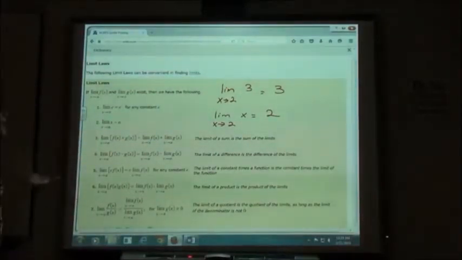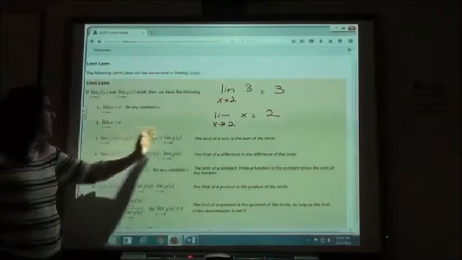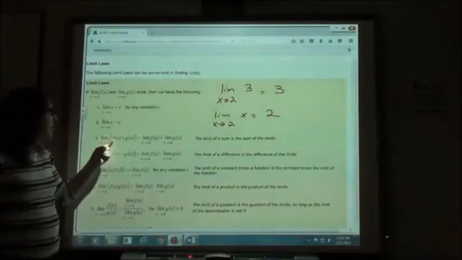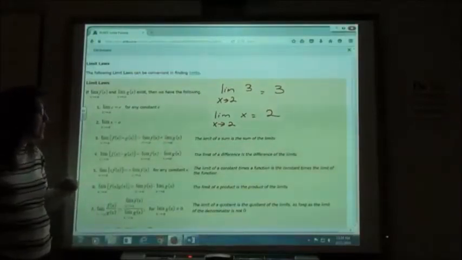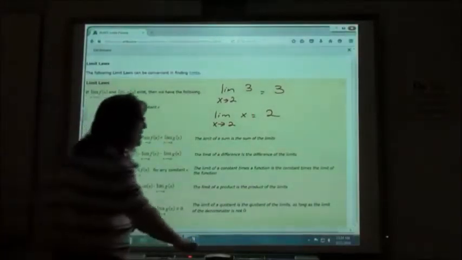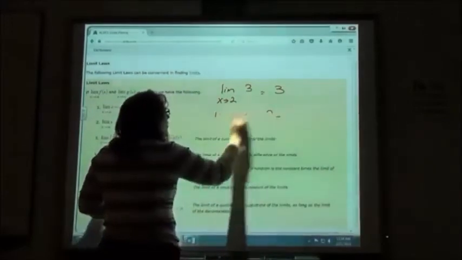All they're doing is saying that if I have a function with f of x and g of x, I can find the limit of each part of that separately and then add my answers together. So on the third one there,